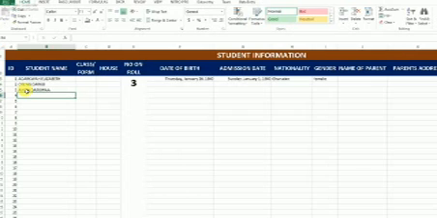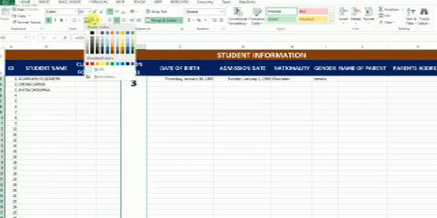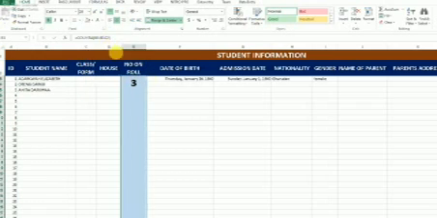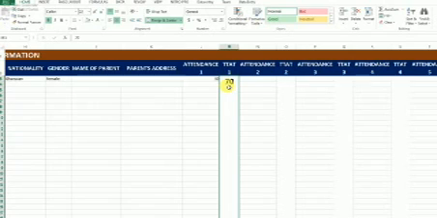On this side you can change the color if you wish. You can also maintain it. Then you come to this side where all the total attendance are, and you can change the color.